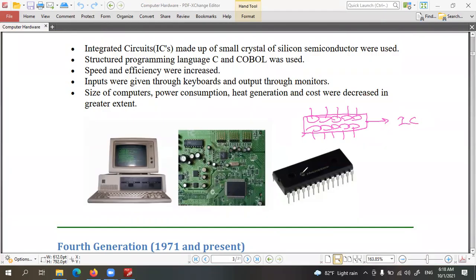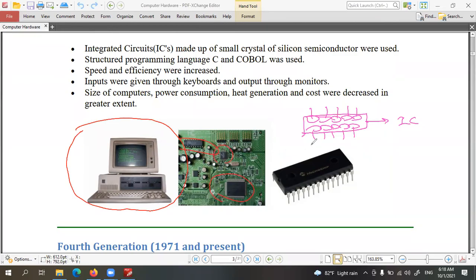This is a small one, but it can perform the task of thousands of transistors. Then you can see here, they were able to develop very small personal use computers, which can work at a significant speed, using these integrated circuits. You can see ICs are embedded in the motherboard.